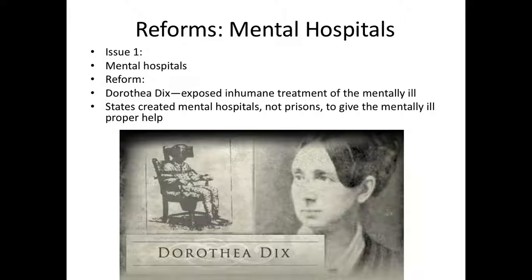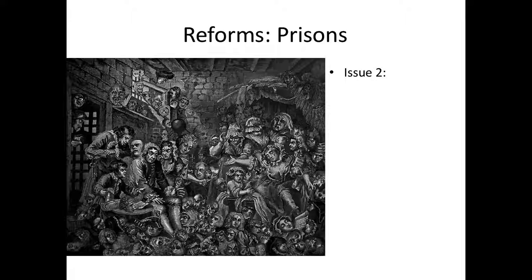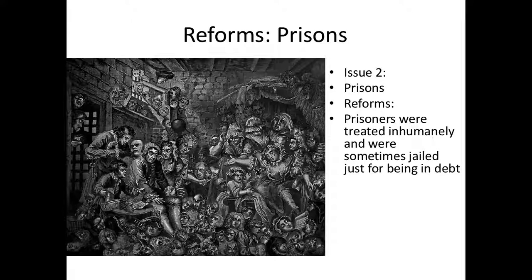On to issue number 2, prisons in general. So prison conditions were pretty rough back then. At this time, there was such a thing as debtor's prison, where if you couldn't pay back a debt, and sometimes this could be a very tiny debt, you and sometimes your entire family could be thrown in what was known as debtor's prison, which you see here. You could be put in jail for not being able to pay back a debt. And the picture kind of gives you this feeling of insanity, this feeling of disorder, this feeling of suffering, and that's what happened in the prison.